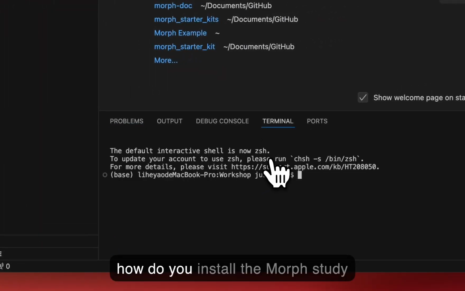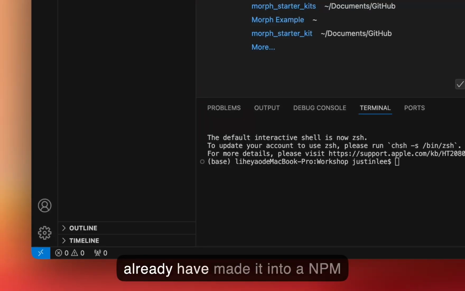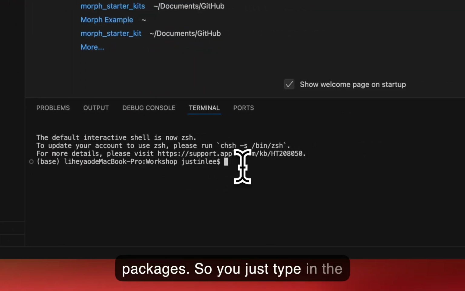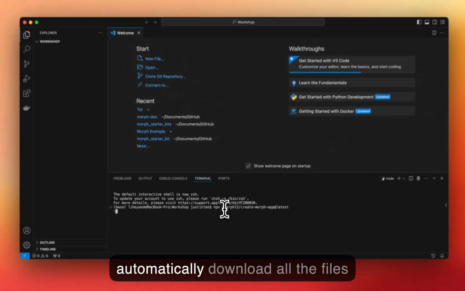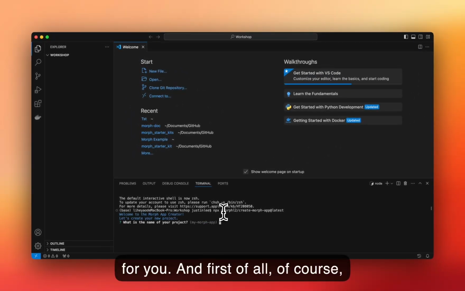So how do you install the Morph starter kit? Which is very simple. So we already have made it into an npm package. So you just type in the commands here. So it will automatically download all the files for you. And first of all, of course, you need to name your project. Let's say